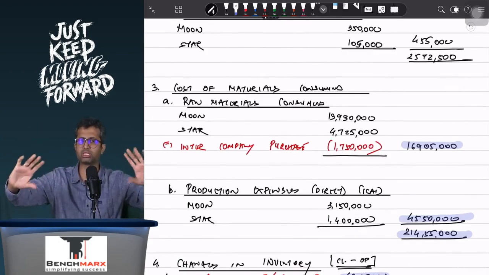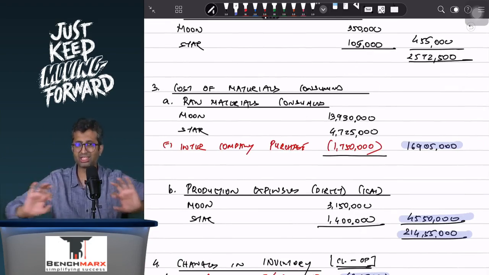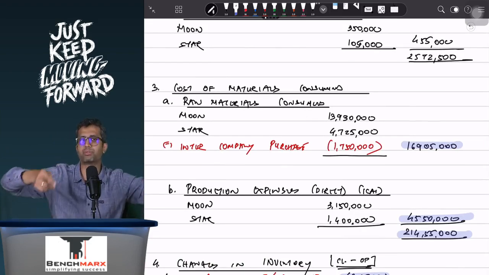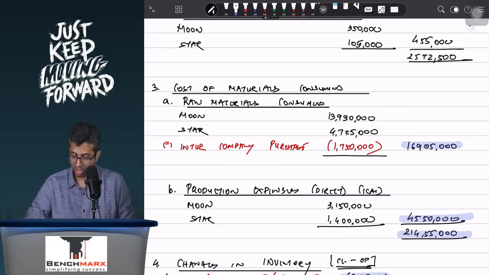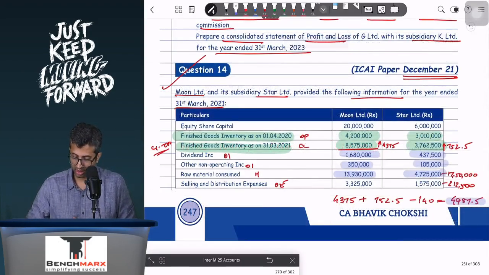Remember the steps: closing minus opening. That'll give you the increase in inventory. From that, subtract the unrealized profit. Get the net amount. That net amount will be subtracted if it is a positive amount, because there is an increase in closing stock. Okay. Next,